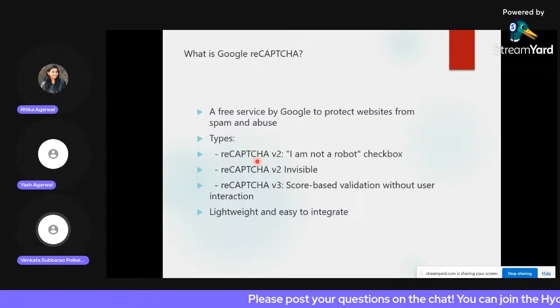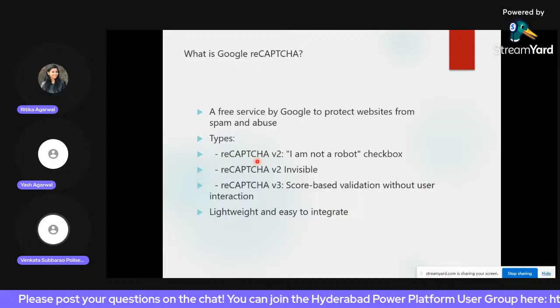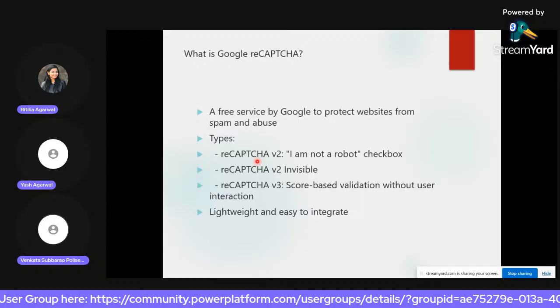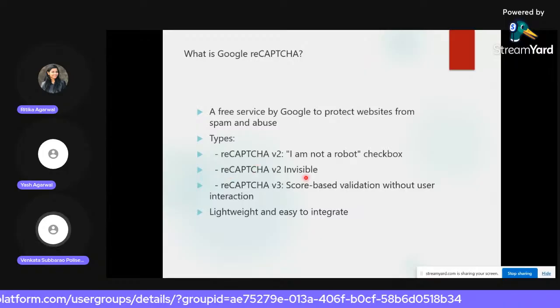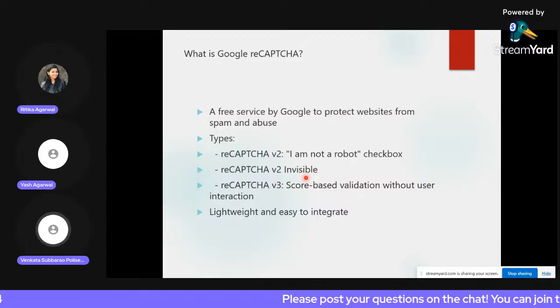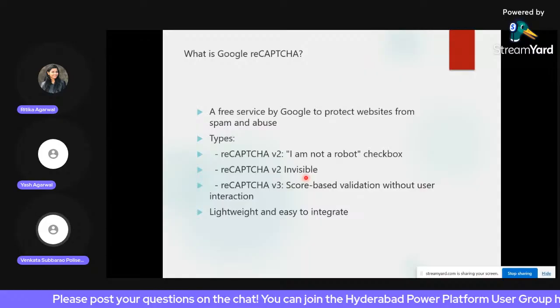I will stop here and just say what these are. With reCAPTCHA V2, if you are entering any details, before submitting them there will be a checkbox where the reCAPTCHA is present. That is reCAPTCHA V2. Next, reCAPTCHA V2 invisible means you will not see any checkbox, but you will see the reCAPTCHA icon and some GIF shown. And with reCAPTCHA V3, there will be nothing